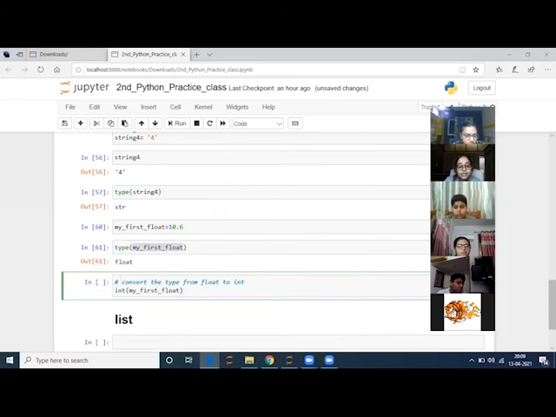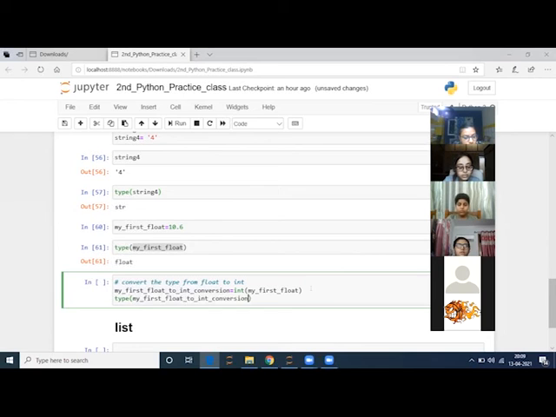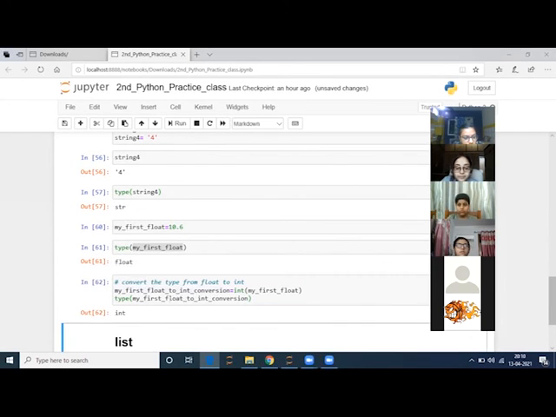Fine, and I will write my first float to int conversion. This is a very big variable name. I gave it a big name because I want you to understand what this variable actually has. Okay, and I will check the type of this, and I will see what is inside this.